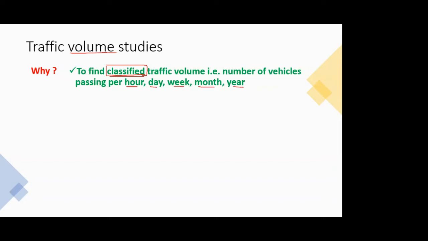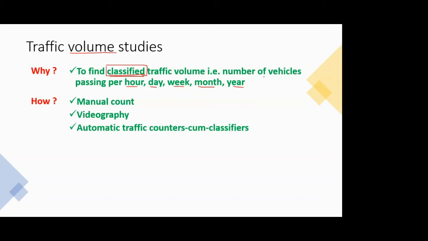We have seen this when we were discussing the AADT and ADT, that is average annual daily traffic and average daily traffic. There we had seen that you can do the traffic survey for a year also, 365 days, 24 hours, or you can cut it down to a month or a season or a week or a day, or even a minimum of 3 hours of survey. Okay? So this is why we do the traffic volume study. Then how we do it? So we can do it by these 3 methods.